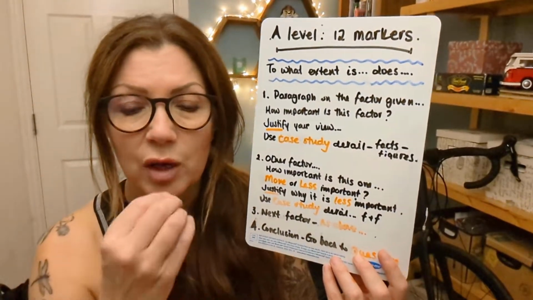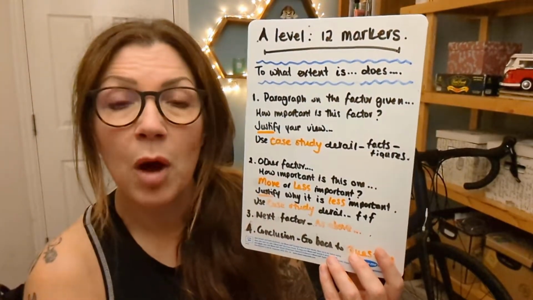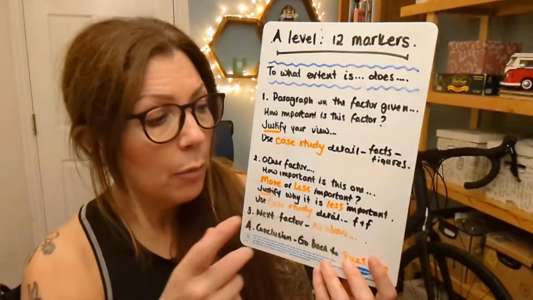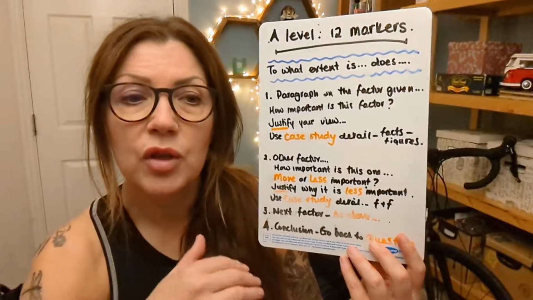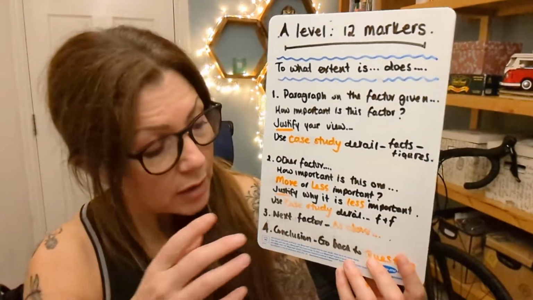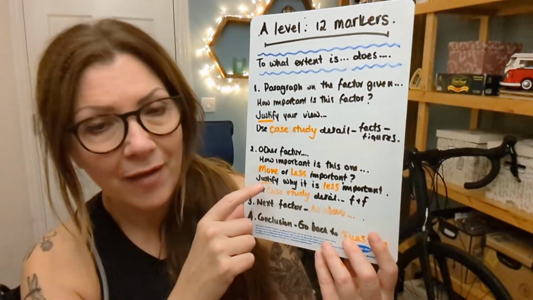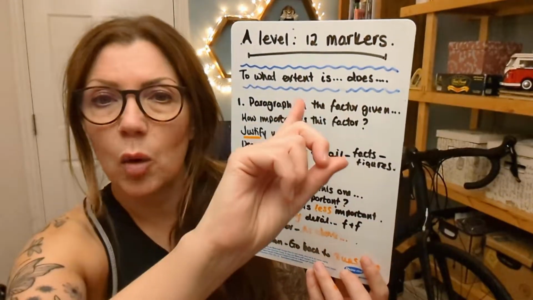So you don't want to just write quite generic points here, because you'll probably only get like 6 or 7 marks for that, maybe 7 or 8. But if you start peppering in some case study detail, then you'll start moving up into the next band of marks. So you do that for your next factor, and then for your final conclusion,